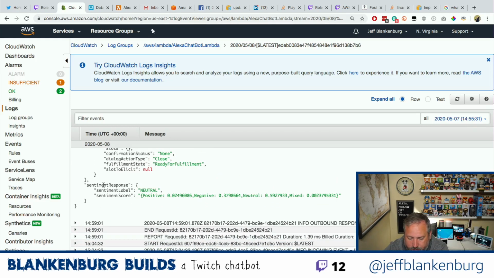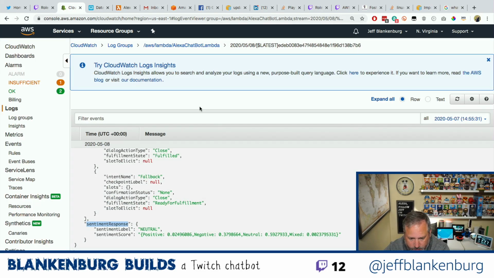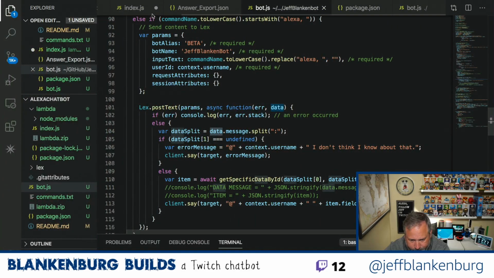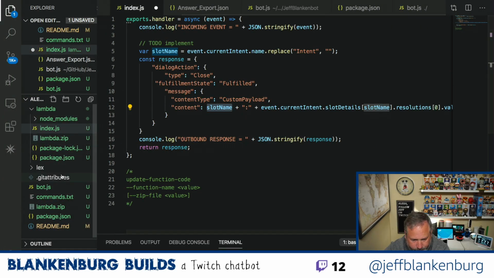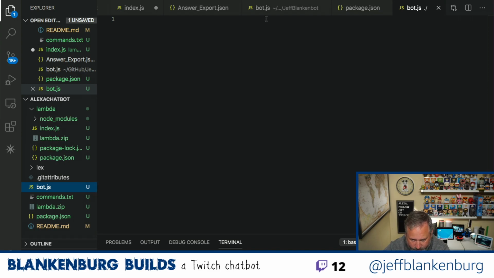I also get a sentiment response, which lets me see if they're positive or negative, or using language that suggests they're angry. These are all things we could use to respond in a calmer or more animated way, depending on what their response was like. I'm passing that through, but I haven't actually built the chatbot, because all I have right now is this empty bot.js file. This was just something I was holding on to.